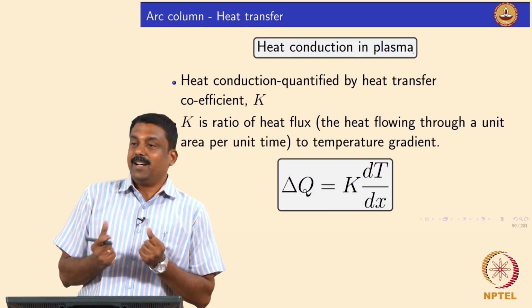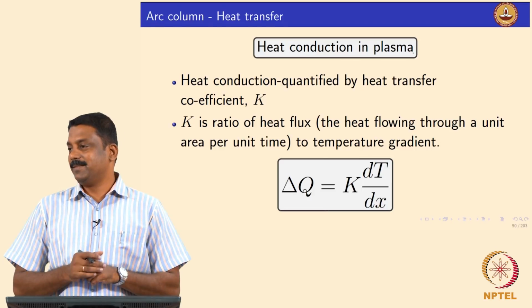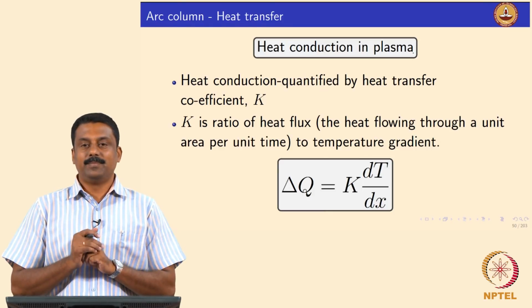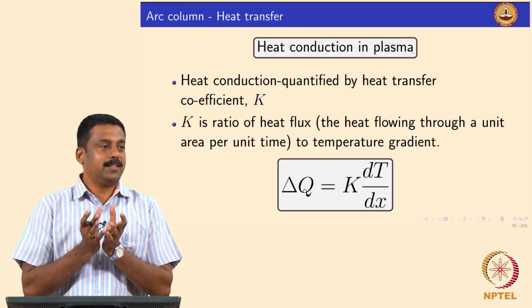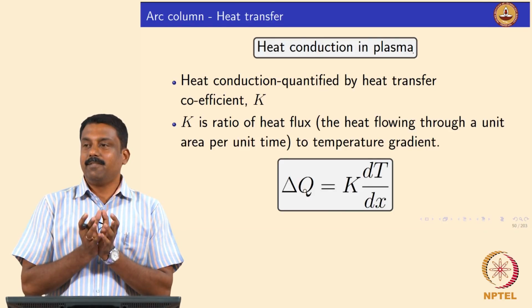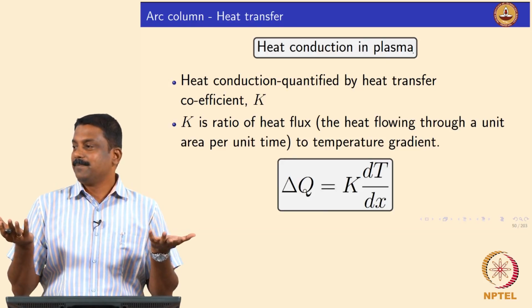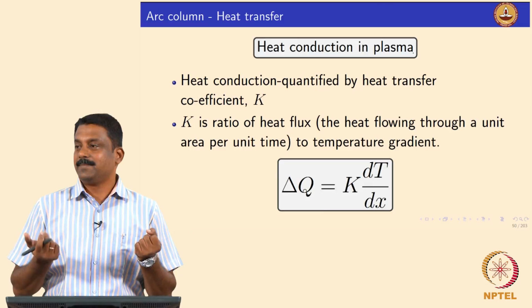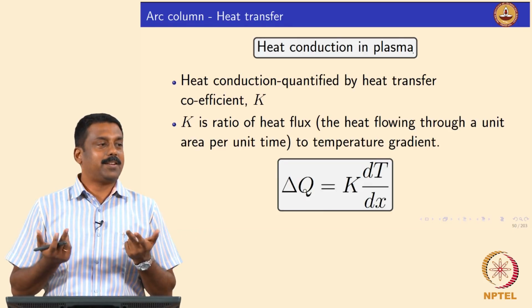So, once you know the heat, obviously you also know how you transfer from one place to other place, is it not? So, that means that the heat is generated in an arc and that heat will be transferred by maximum 3 ways. That is what nature says, is it not? By conduction, convection, radiation.